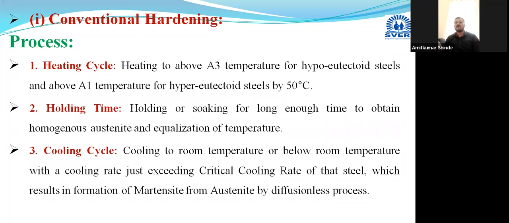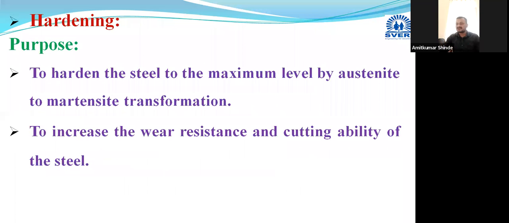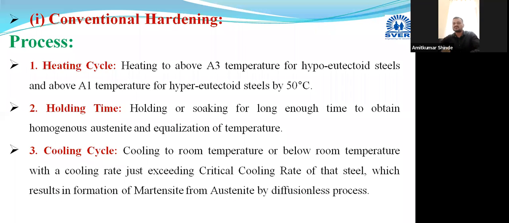Now after discussing this, we will move towards the process, how this hardening treatment process will be conducted. Actually we have already seen this in our lab. The first step in this conventional hardening treatment process is the heating cycle. Now here one point you can easily remember: the heating temperature zone will be the same in case of annealing and hardening. Why am I telling you this? It will be very easy for you to remember it. Whichever heating zone we have used in the annealing case, that same zone can be used for hardening.